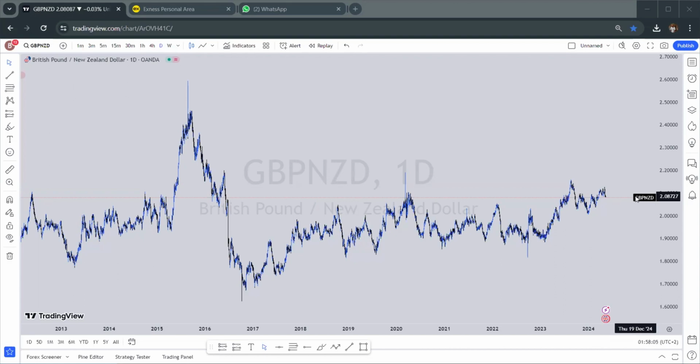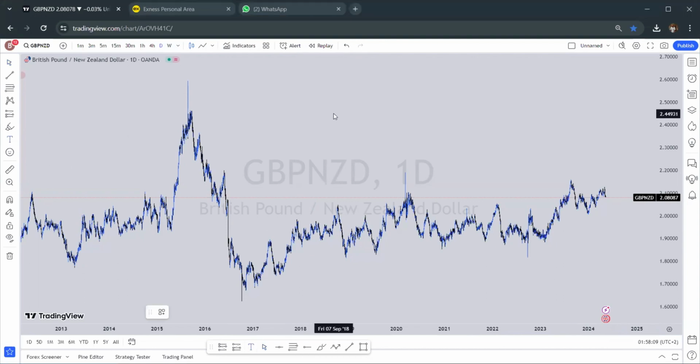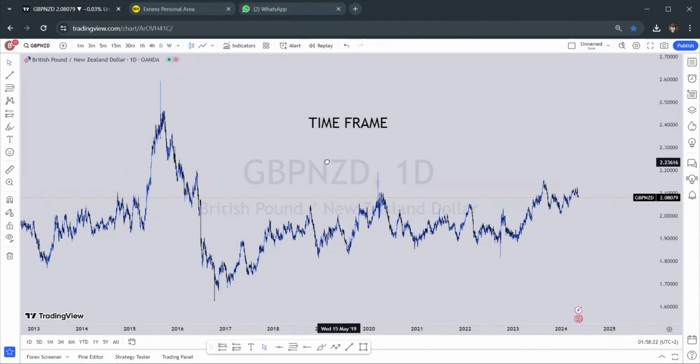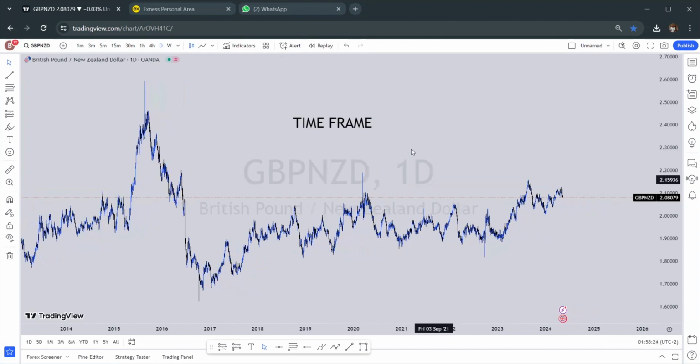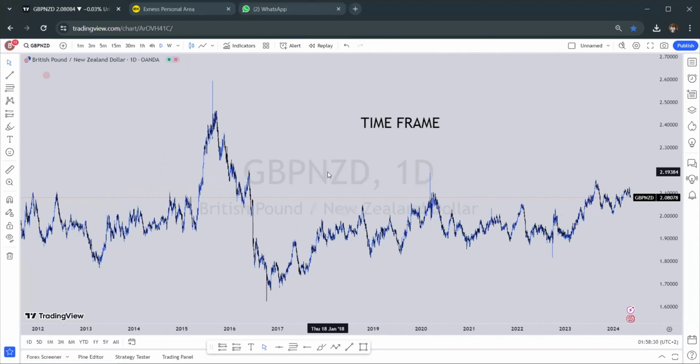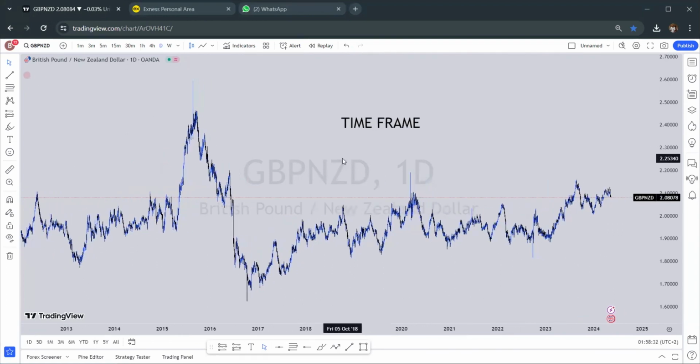Today we'll be talking about time frames. Time frame simply means, in Forex, whatever you're seeing on this chart. Whatever you're seeing on this chart, you see that if you zoom